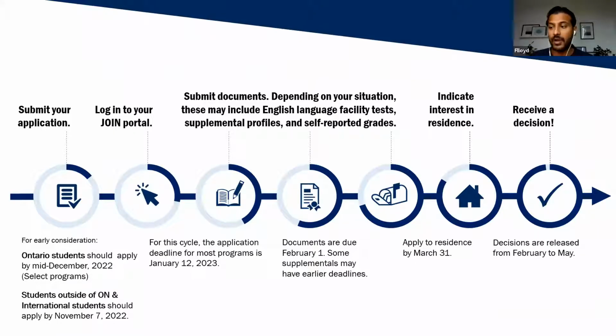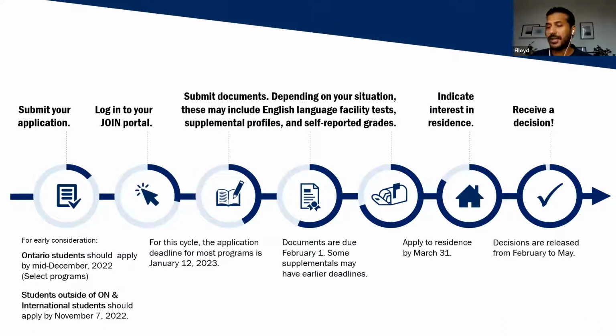That would be the earliest that you'd have to do it. For everyone outside of Ontario, November 7th, it's on the bottom there. It's a little bit lower, so I'll say it out loud. Anyone outside of Ontario, November 7th is our early recommended application date. This gives you the runway to provide everything on time and have an idea of everything that you have to send to us. January 12th is the last day to apply to the University of Toronto. Beyond this date, programs might start closing.